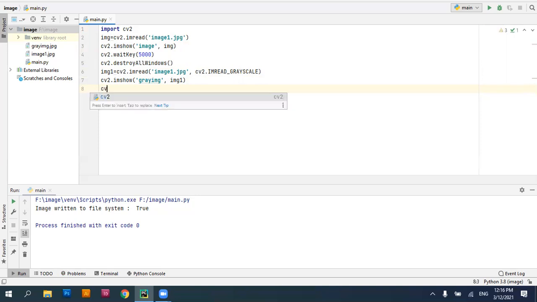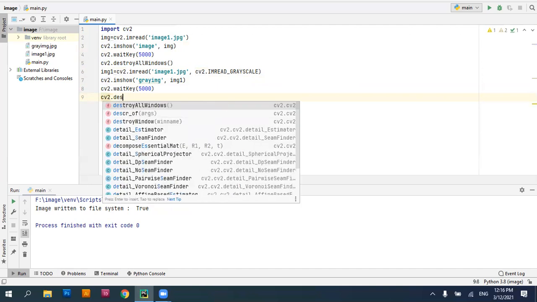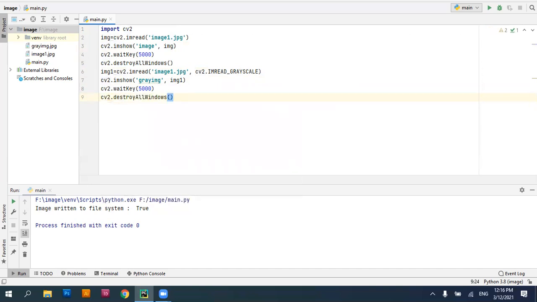So I'll be using cv2.waitKey and specify the delay as 5000, which is 5000 milliseconds. Then once you do it, you can close the window after 5 seconds, using cv2.destroyAllWindows.